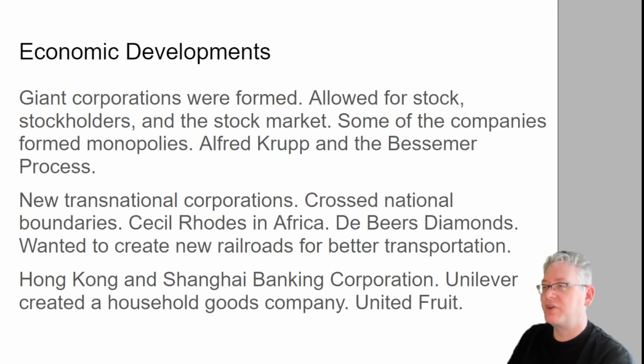A couple of other good examples of early transnational corporations, ones that are actually listed in the CED. The Hong Kong and Shanghai Banking Corporation still exists. It's usually HSBC, I think is what you'll see. There's a couple of tiny branches of this near where I live, but you'll find tons of them in big cities like New York. Unilever will create a household goods company, primarily through the creation of soap, but all kinds of other stuff. They own tons of brands today, a huge company today. And lastly, United Fruit, which is going to produce a bunch of bananas. They are also going to dominate and control lots of Central American countries in order to provide those bananas.